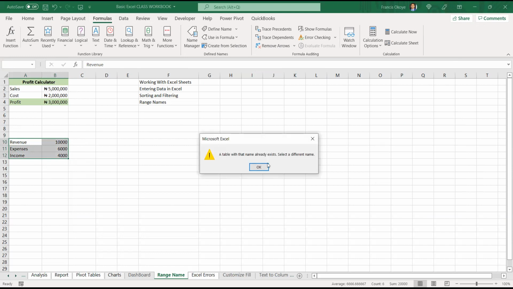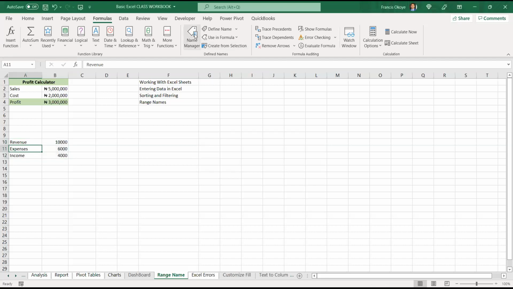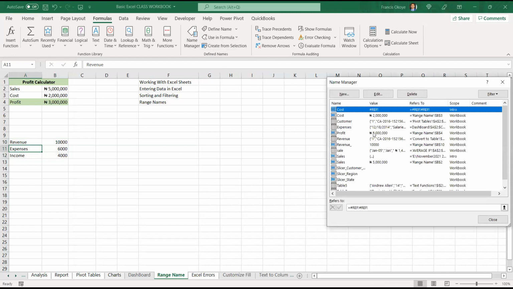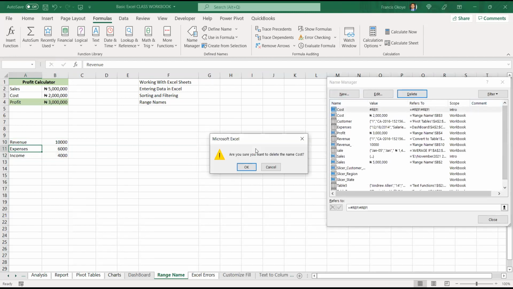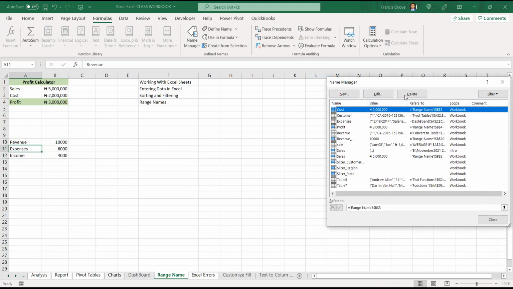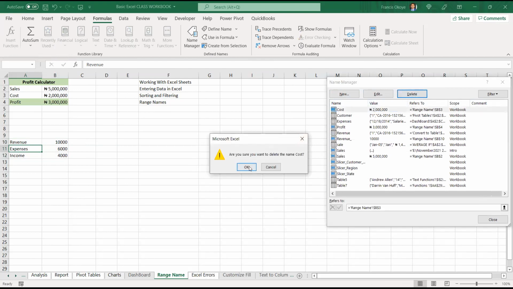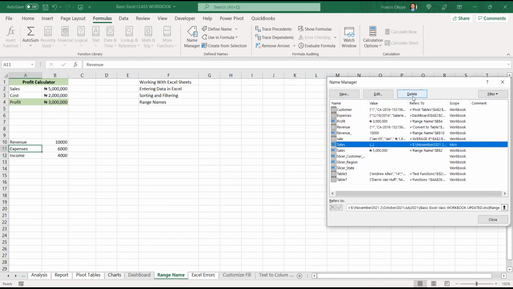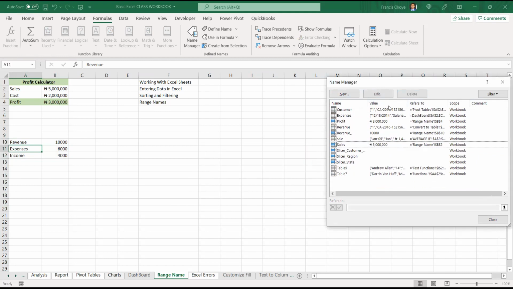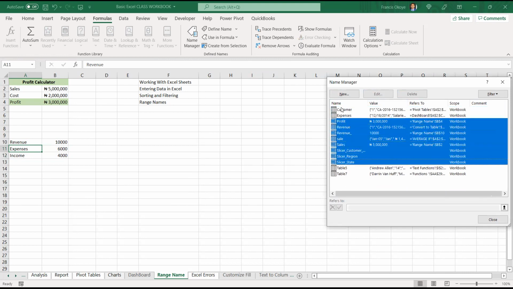There, it says the name already exists. So what I can do is come to the Name Manager. Can you see that it has been labeled? So I will just delete them. That's where you check whether you already have them. It seems there are quite a lot. Profit, revenue.